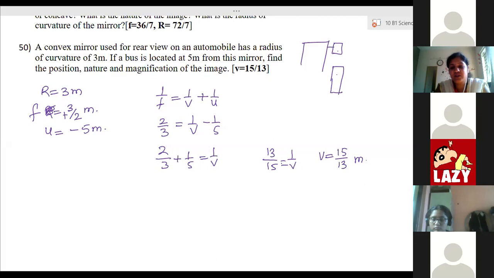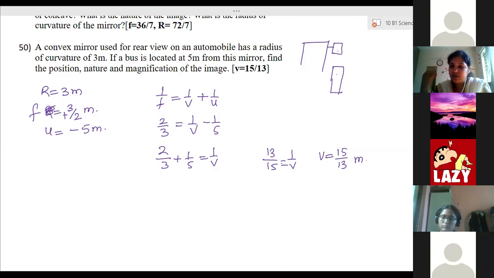Now check out the size of the virtual images produced by all 3. If you get the same sized image, no change in the size, no bulginess, no shrinking, then that image is formed by a plane mirror, because the plane mirror's virtual image is exactly the same size as the object. Secondly, if you get a diminished, shortened image of you, then it is a convex mirror, because the convex mirror's virtual image is diminished. And if you see your magnified, larger sized image, that means it is a concave mirror, because the virtual image formed by a concave mirror is magnified.